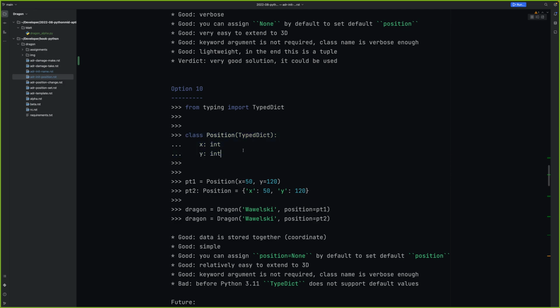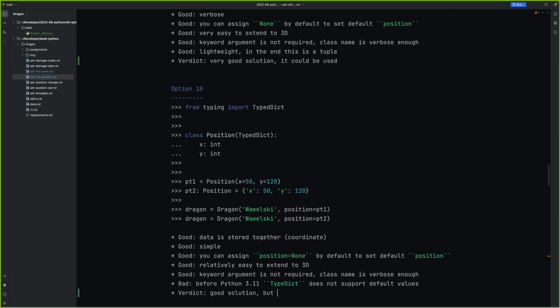And there's another thing. In Python 3.9 and 3.10, TypedDict lacks support for default values and the ability to say which field is required and which is not. It will come in 3.11. So my verdict here is a good solution,